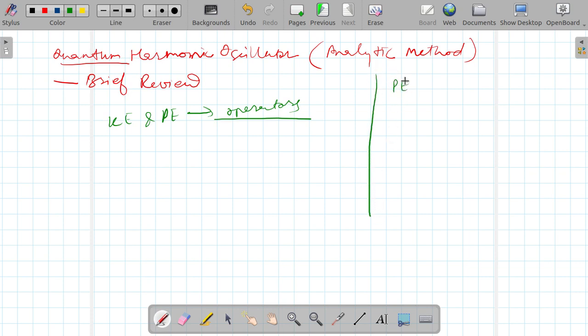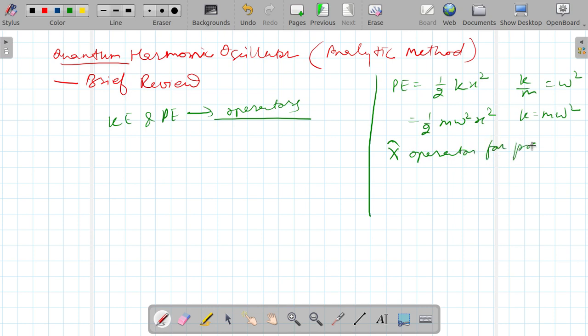As we know, potential energy is equal to half kx square, where k over m is equal to omega square, so k is equal to m omega square. So this will become half m omega square x square. But if x is the operator of position,